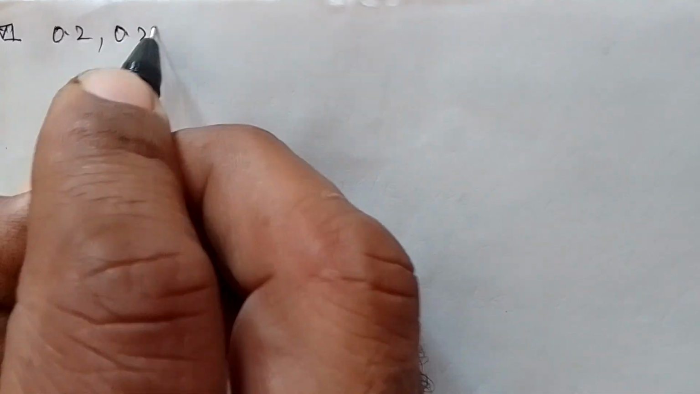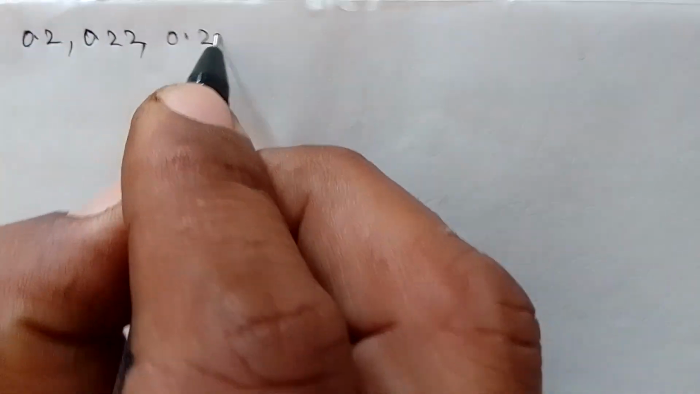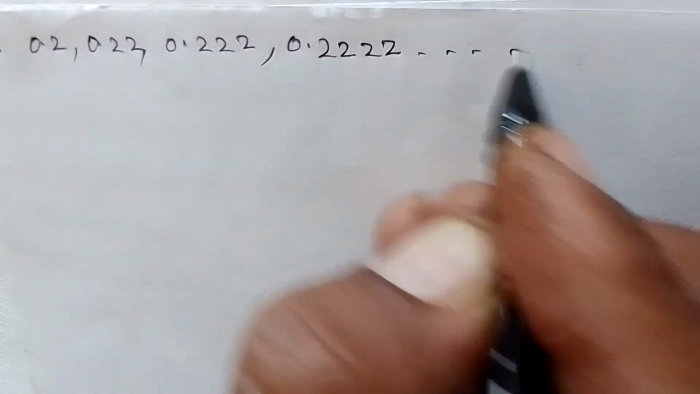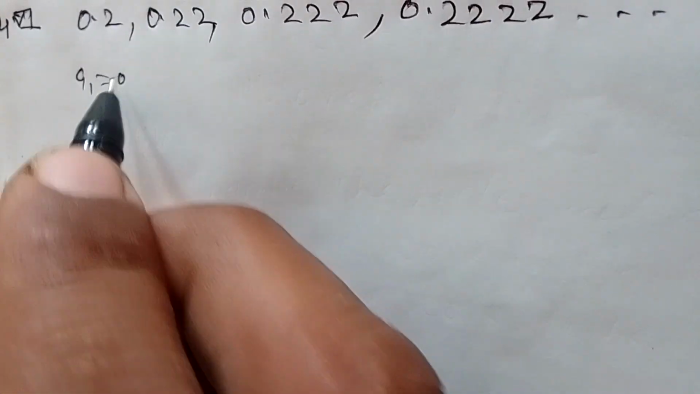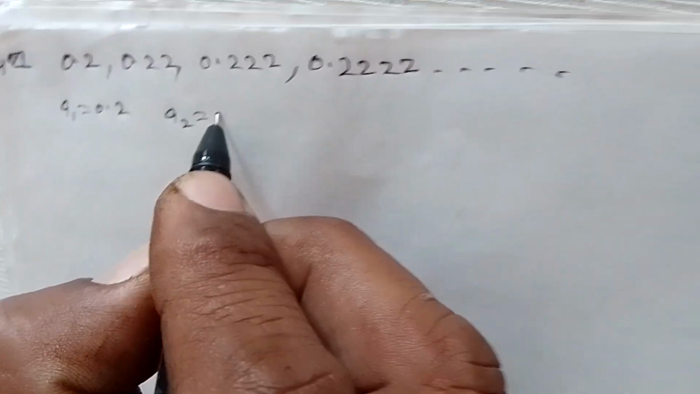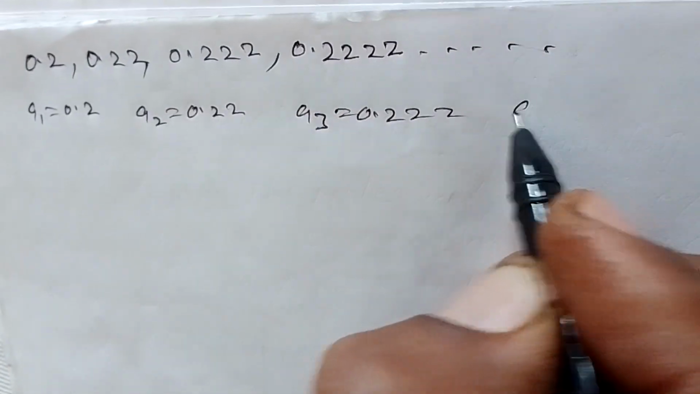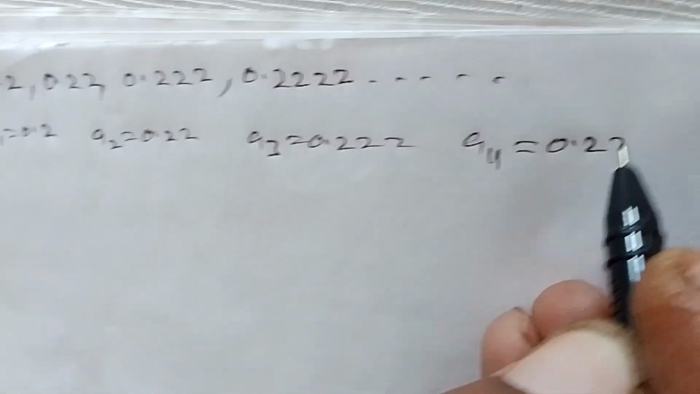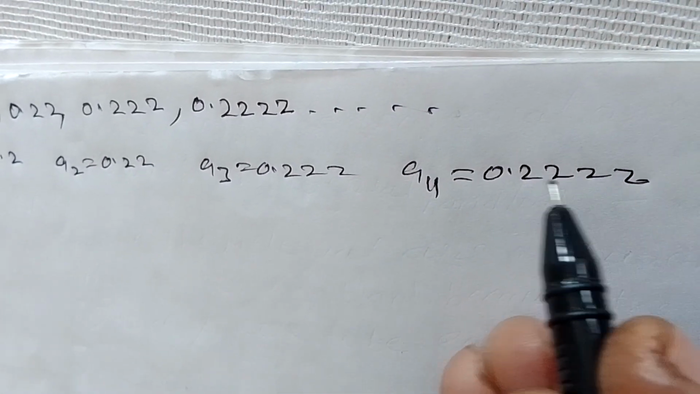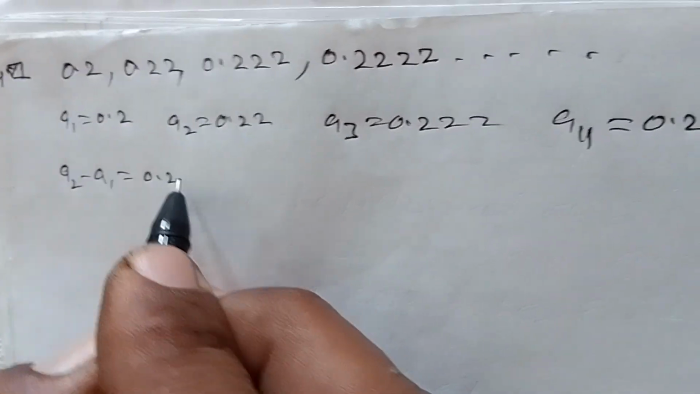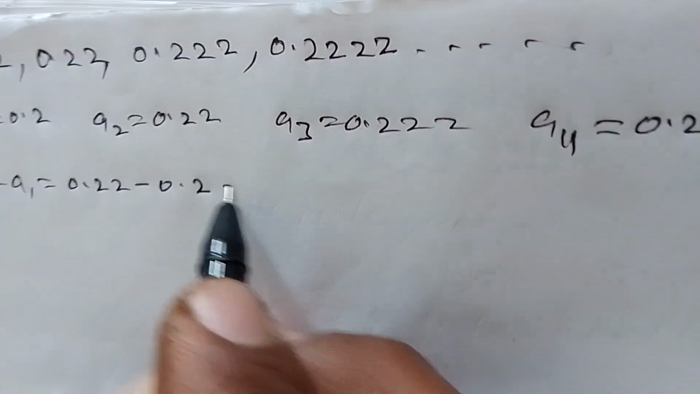Sixth part of the fourth question is 0.2, 0.22, 0.222, 0.2222, and so on. So here A1 is 0.2, A2 is 0.22, A3 is 0.222, A4 is 0.2222. So A2 minus A1, that is 0.22 minus 0.2, that comes out to be